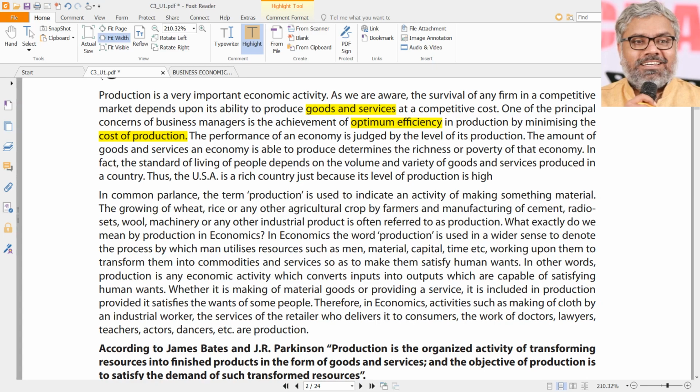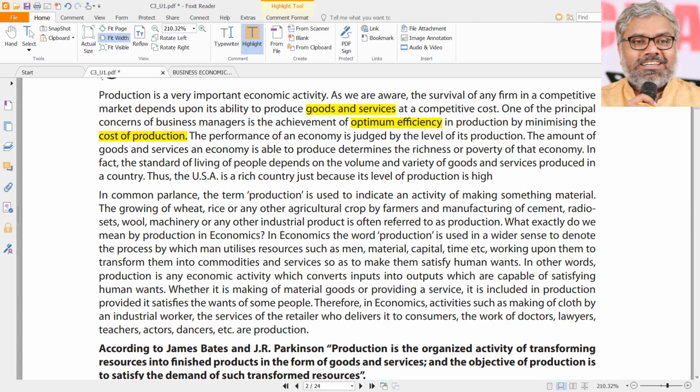And we should not be under a misconception that we are going to be involved in production just by using the word production 100 times in this chapter. No, we are only knowing the theories of production, an overall general overview of how production happens. Not that we are going to know how cement is manufactured, how clothes are stitched, not like that. That is all technical, an engineering subject, nothing to do with economics, nothing to do with chartered accountancy at all.